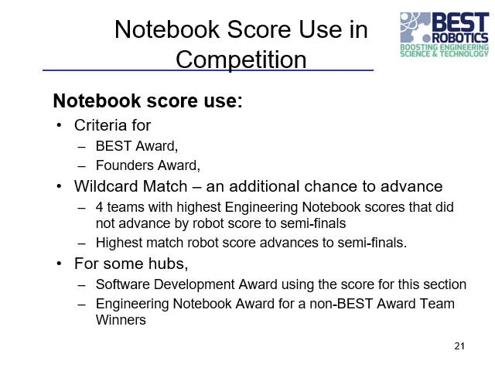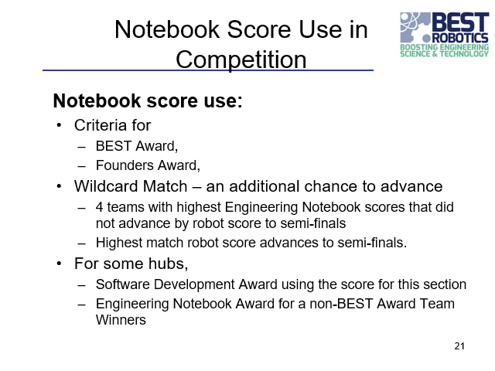And the way the teams are selected for this is the 4 teams with the highest engineering notebook scores that hadn't already advanced to semifinals. They do another 3-minute round where the highest score out of those 4 robots with those high engineering notebook scores compete, and the one with the highest score advances to the semifinals. So it gives you one more option to be able to advance with your robot. In addition,